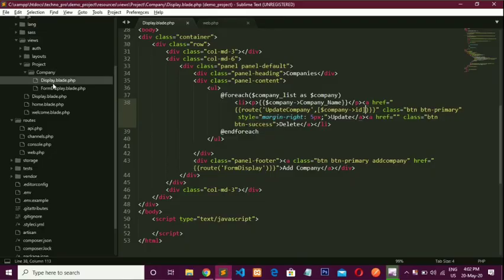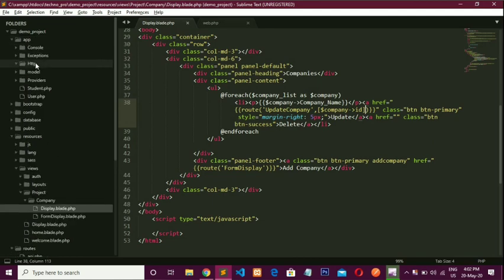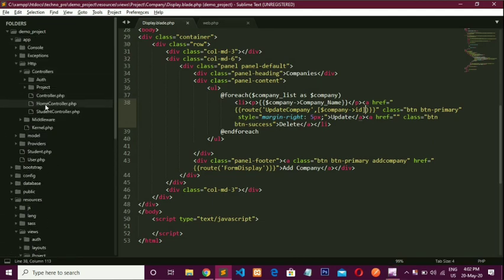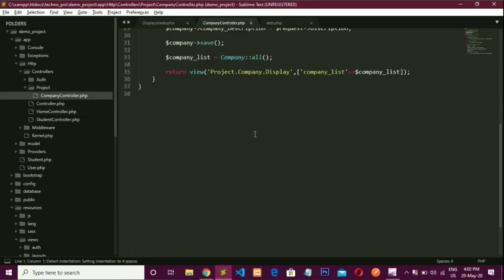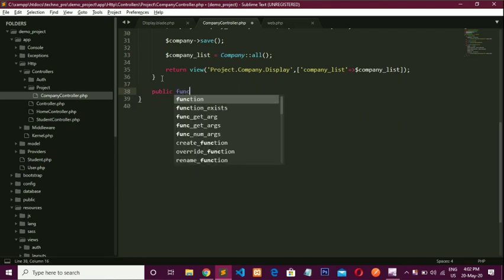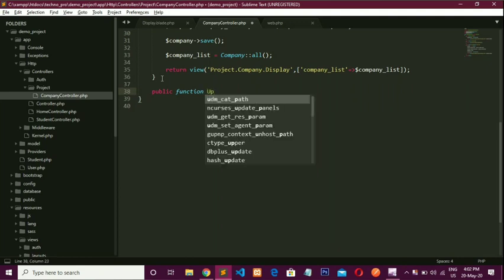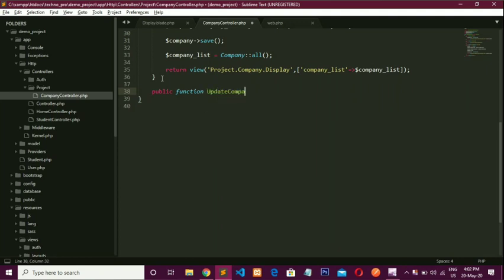Now we go to our controller, the Http controller, project company controller, and write a method for that: public function, method name is update company, with Request request.